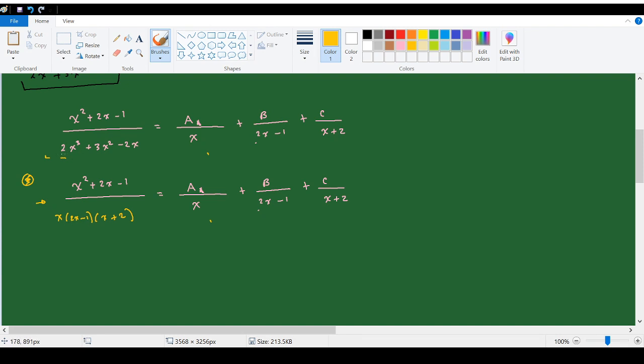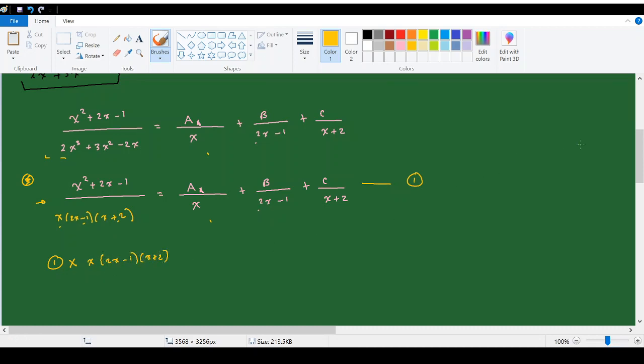Since the denominator can be factored into these three portions, you can write the denominator like this also. So if we multiply both the left hand side and the right hand side, in other words, if you multiply that equation by these three factors,